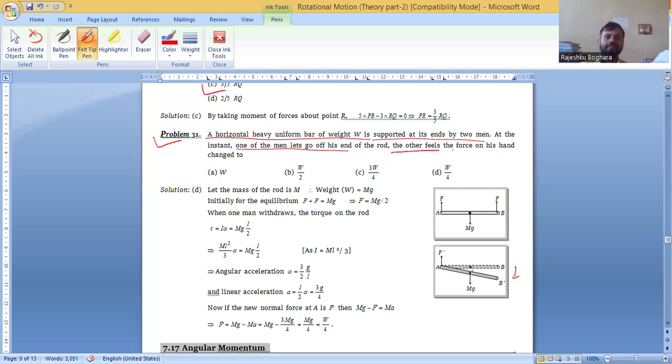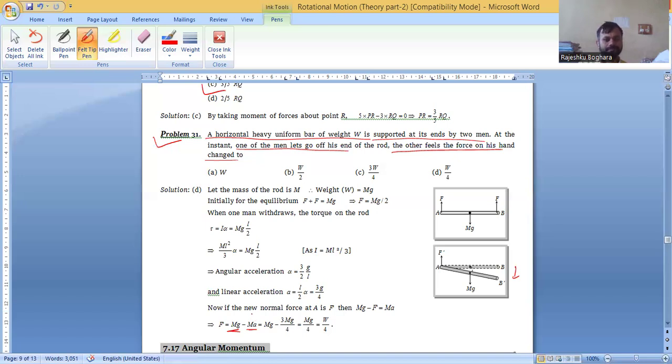The other feels the force on his hand change to? तो कितना फोर्स एक्सपीरियंस करेगा, F की जगह पर F', क्योंकि डाउनवर्ड डायरेक्शन में तो mg था, लेकिन ये रोटेशन करता है तो अपवर्ड डायरेक्शन में दूसरा फोर्स लगेगा, सूडो फोर्सेस. तो कितना फोर्स लगेगा, ऑपोजिट डायरेक्शन में है तो वेट डाउनवर्ड, ऑपोजिट डायरेक्शन में ma, तो हमें फाइंड करना है